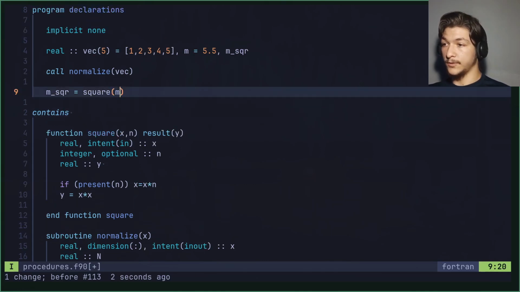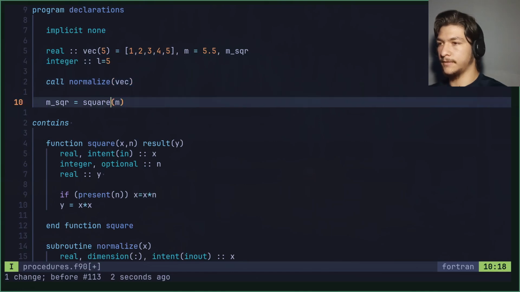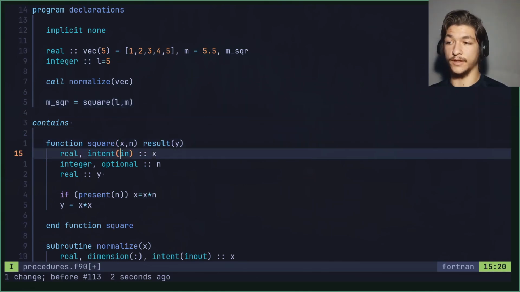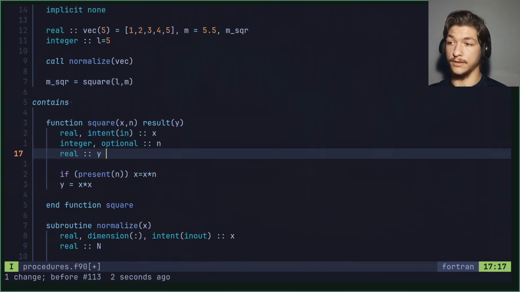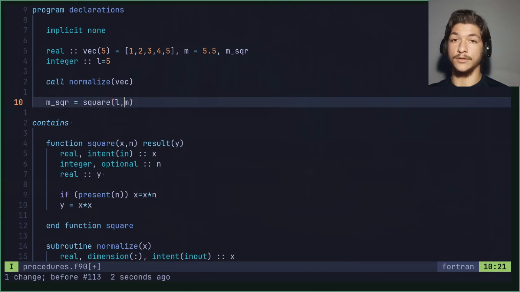So when calling this new function square here, suppose we have another integer, and let's call it L equals 5. Here we cannot actually use this. So this would be wrong because the first argument of the square function is a real. And the second argument, which here is real, is supposed to be an optional integer. So if we're going to hand in the arguments, they must be in the same order. So here, L. This would be correct because M does have a real type and L does have an integer